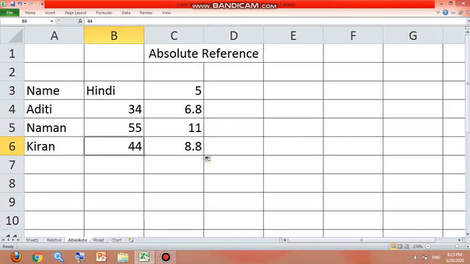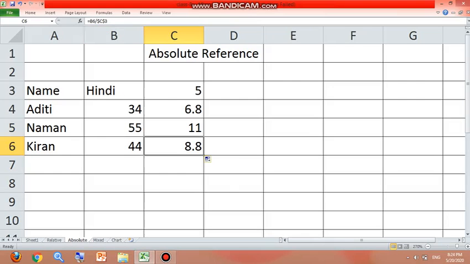Now just look at the formula bar to see the cell addresses. As you can see, in the first cell what is written here? B4 divided by $C$3. In the next cell, from B4 it has become B5, but $C and $3 are fixed.